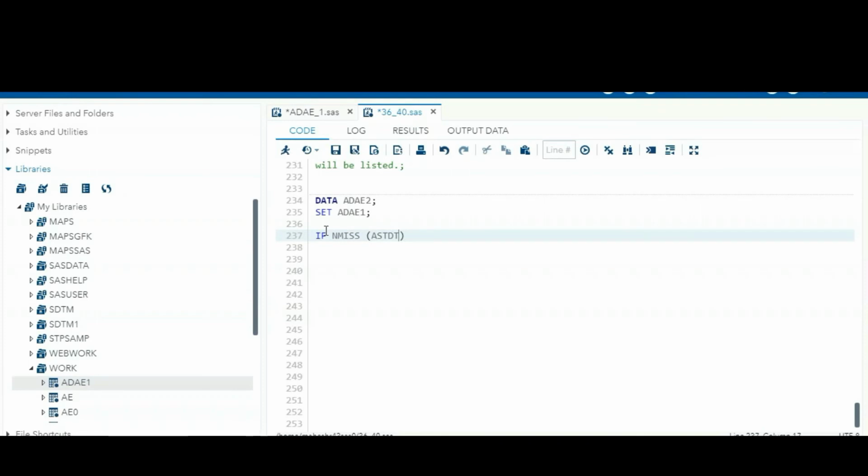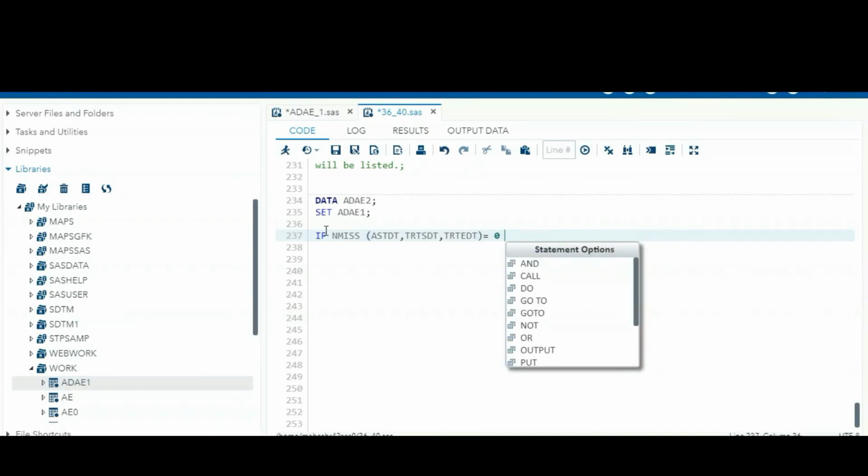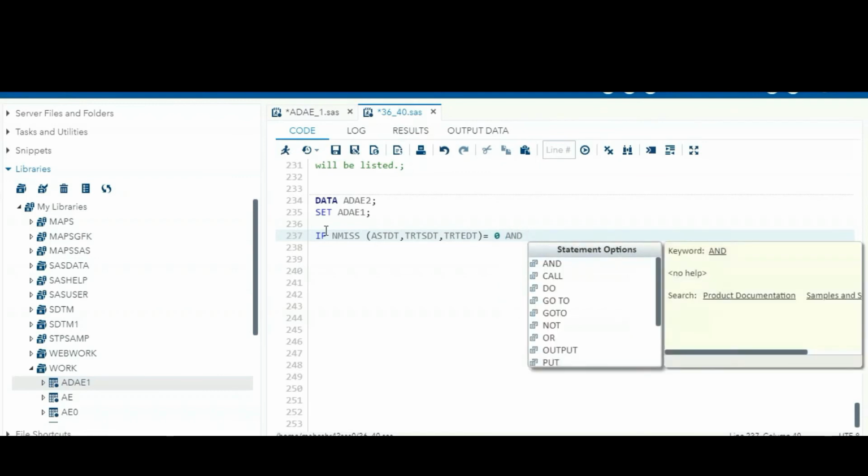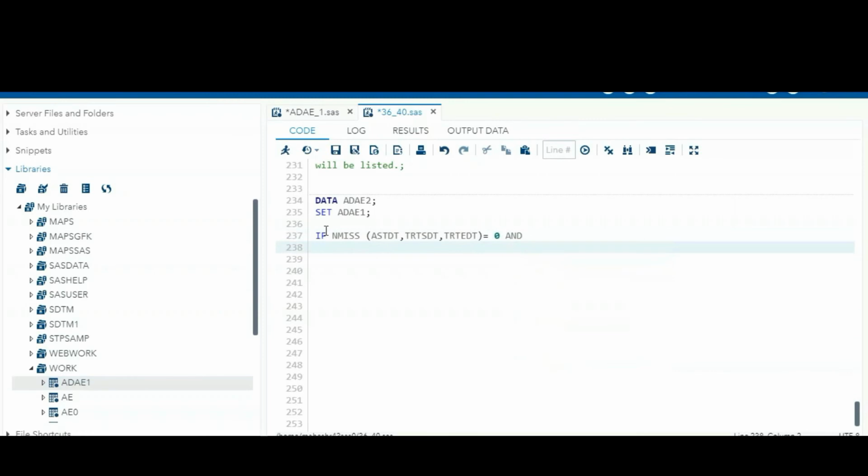Just now we created the complete date of adverse event started as ASTDT and TRTSDT, treatment started, both are numeric, and treatment ended. So what are the variables I am using? All the variables are in a numeric format, because for mathematical calculation and any derivation we use the numeric version variables. Okay, and everything is non-missing, and this treatment